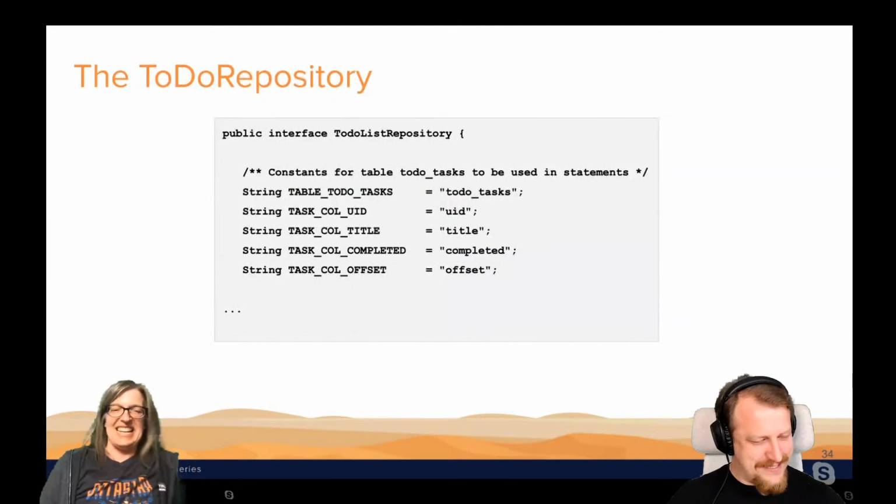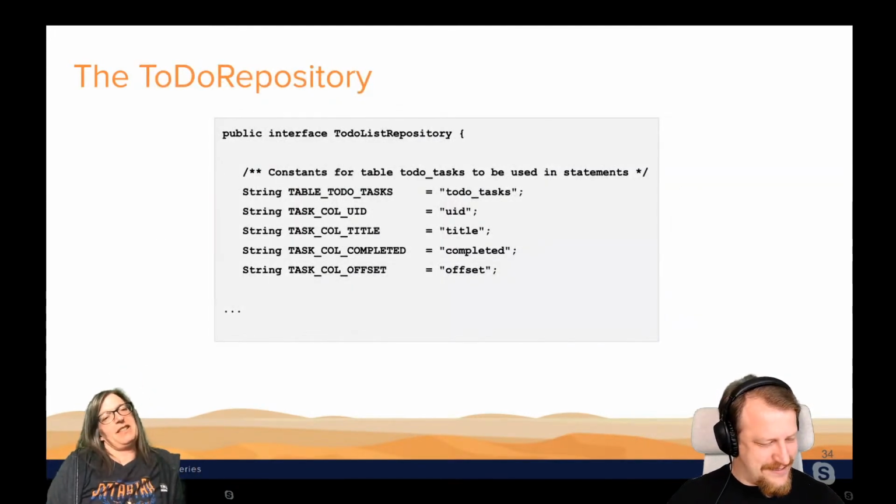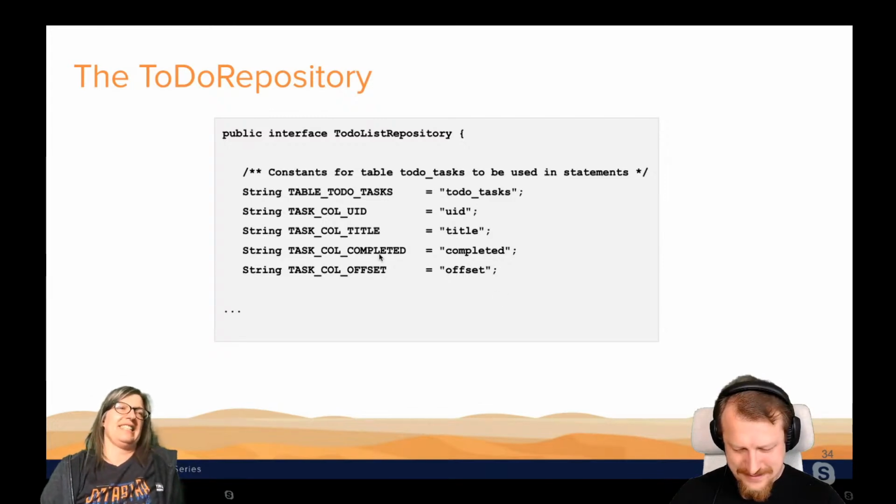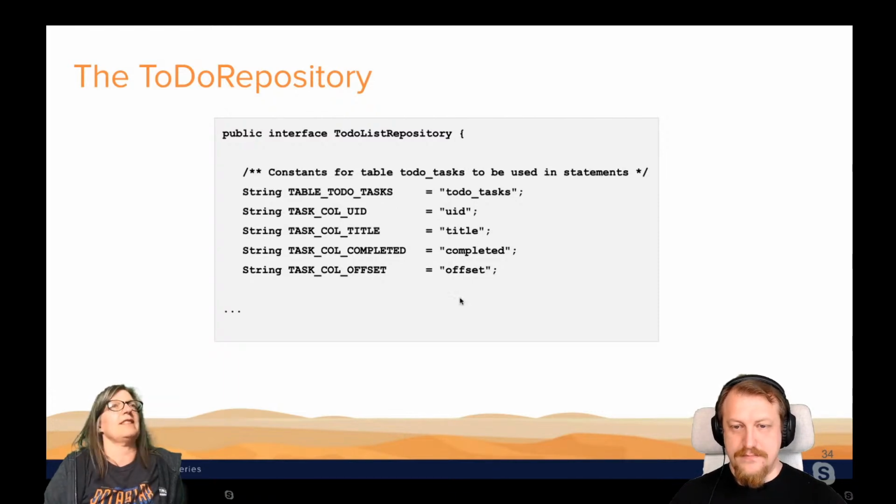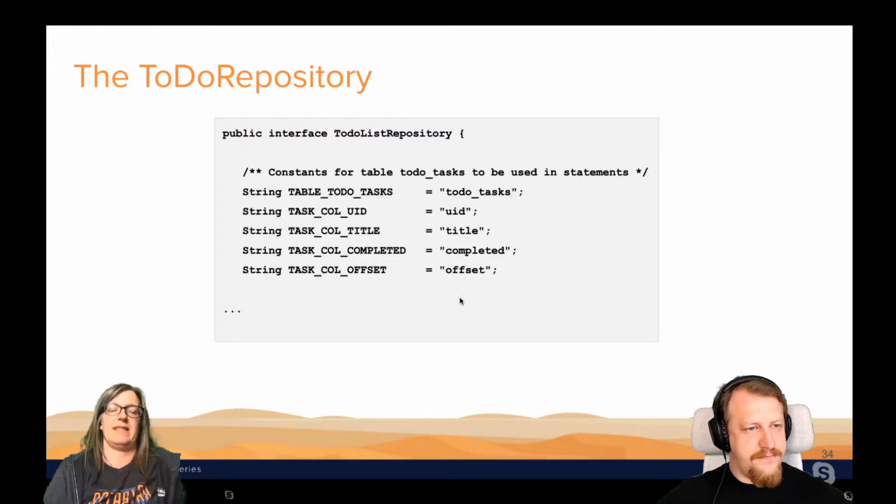Good. So this is what we're feeding into the repository, right? Into this public interface, this implementation-independent repository that we are auto-wiring to our application. And here is how it translates. First we give it the name of the table, this is todo tasks, and then we have the different columns that we have in there. So this is what we're expecting it to look like, and this is what the implementation needs to give us.